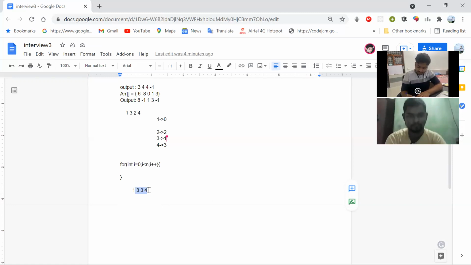I need to find the minimum index which has a greater value than the current one. Index 1 is less than 1, index 2 is less than 2, index 4 is less than 3.